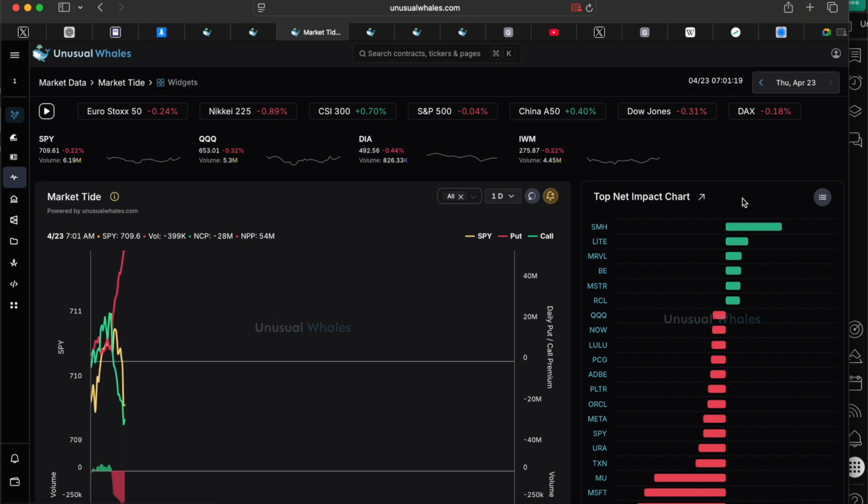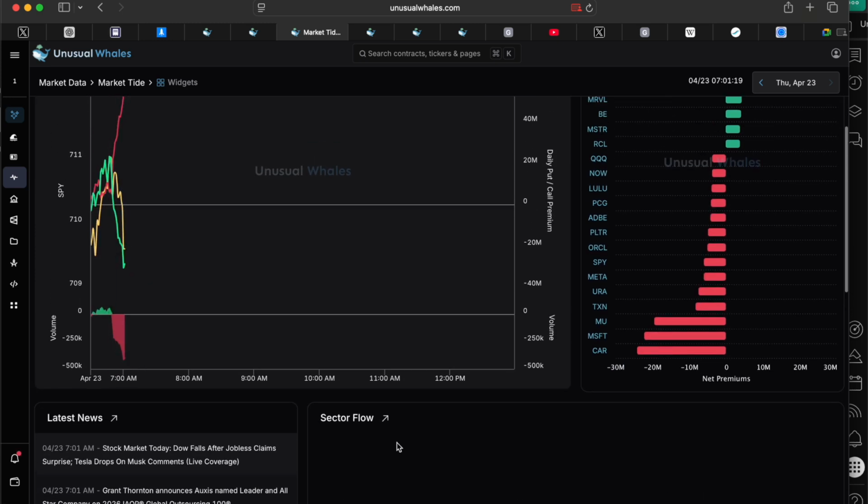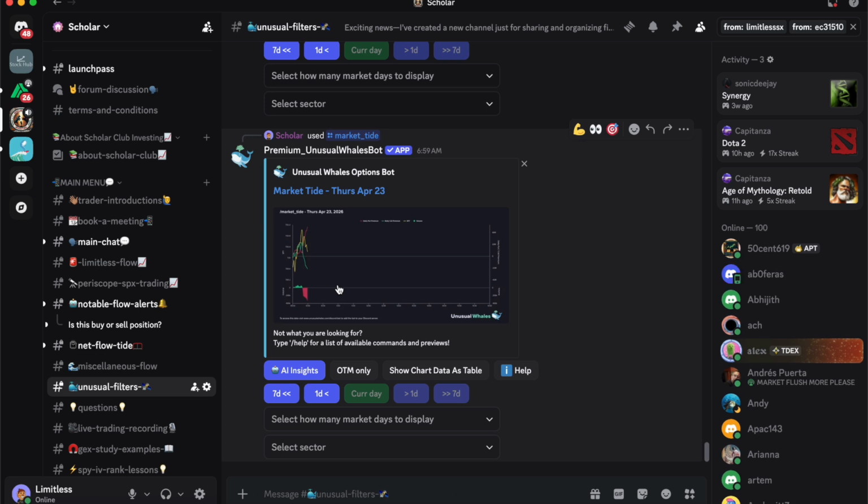You see the gap? You see it? Yeah. Correct. It closed. You see? Pull it in the Discord really quick. Let me know. Pull it. Go. Pull the market tide in the Discord. Let's see it. Can you go? Look, 33%. There it is. So where do you have it? The puts are up 33%, 37%.